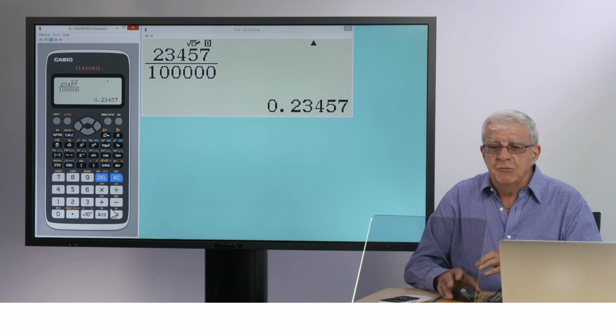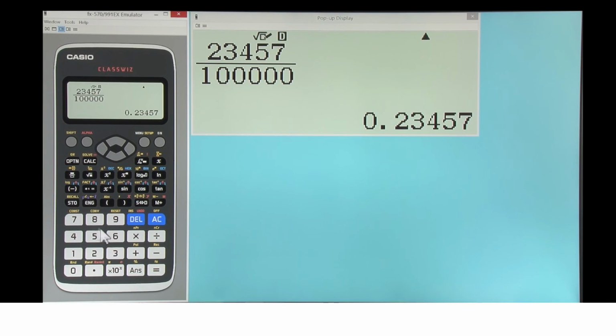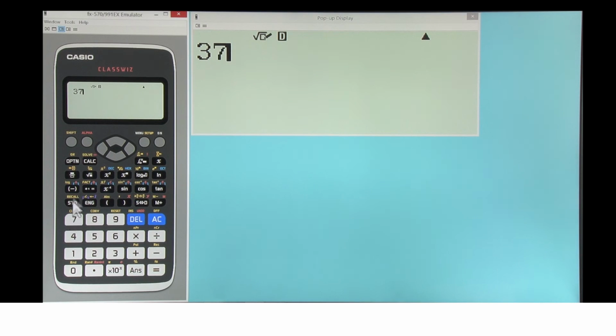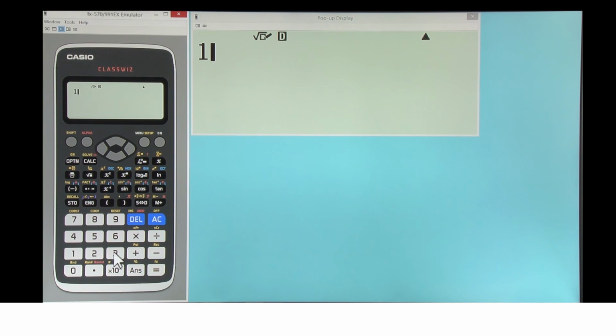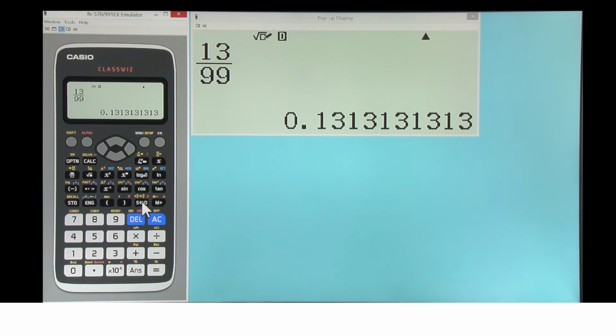While some fractions are represented by terminating decimals, and here's an example, 37/80ths is a terminating decimal, as you can see. Others are not. So 1/3, when we turn it to a decimal, does not terminate. It seems to go on forever. And some of them do so in interesting ways, like this one, 13/99. When we turn it into a decimal, it looks like it's repeating